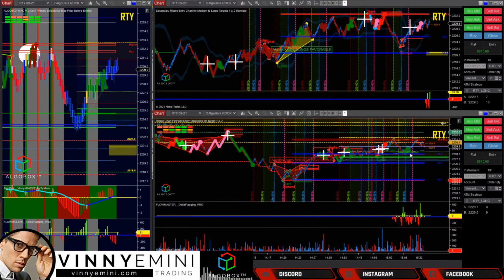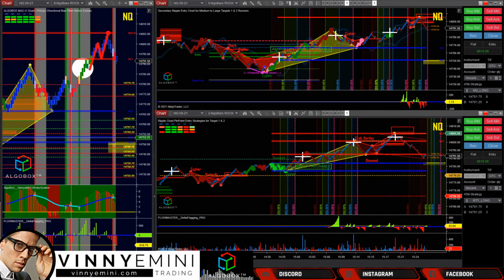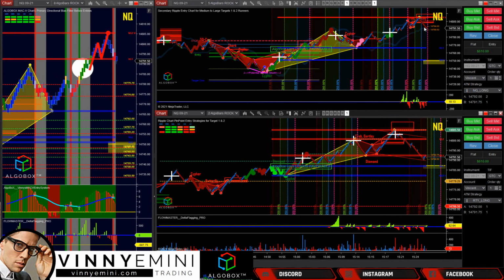We may reinitiate this if we start to hear some buyers again, but right now you heard the aggressiveness of the size coming in to the sell side. So closing out that trade right up under there. And let's keep an eye on NQ. NQ is now officially on the menu, and I liked that move right there. That was a juicy one right there. I'll take that all day.